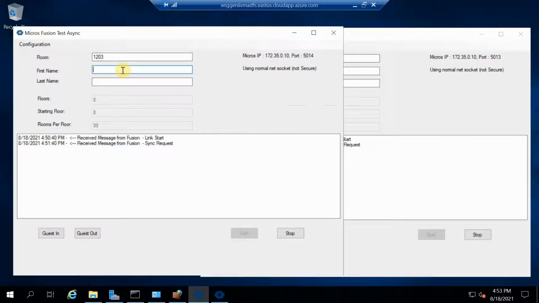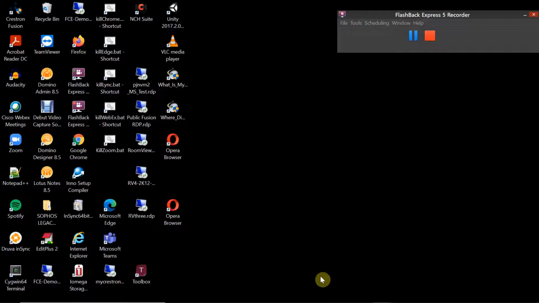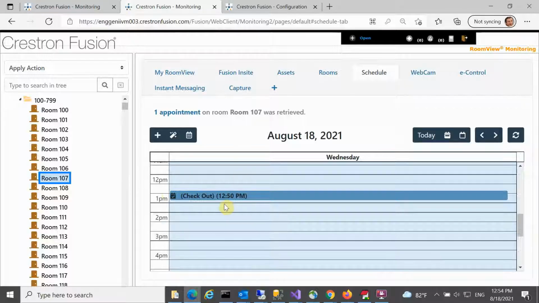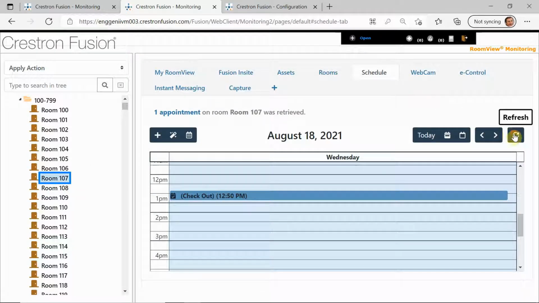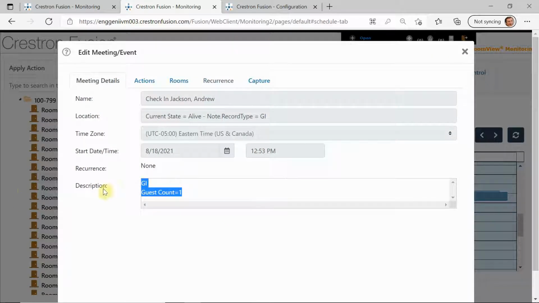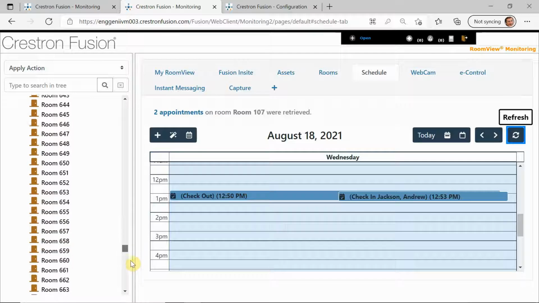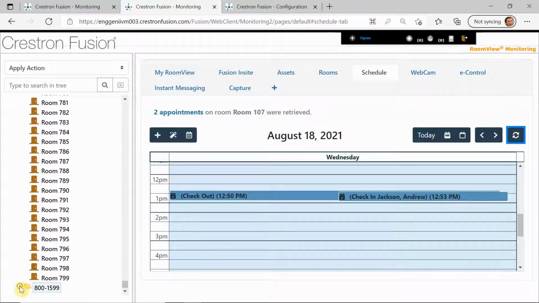Okay, so I just put Andrew in another room. And I love Vicky Vale because, you know, I'm a Batman fan. Okay. This is just to show that we're getting the full complement. Okay. So there's my Andrew Jackson in room 107. And if we go down to room 1203,